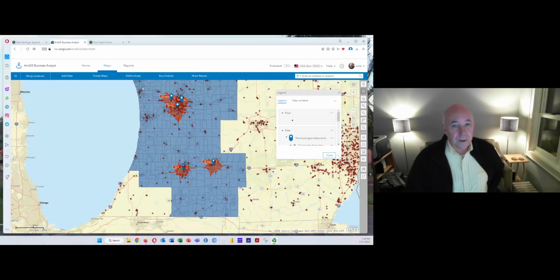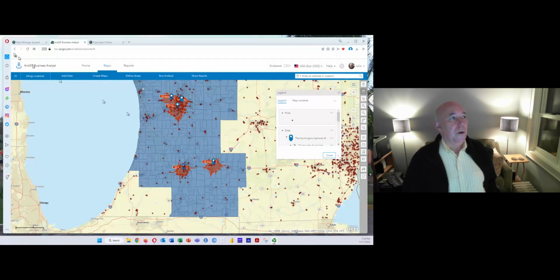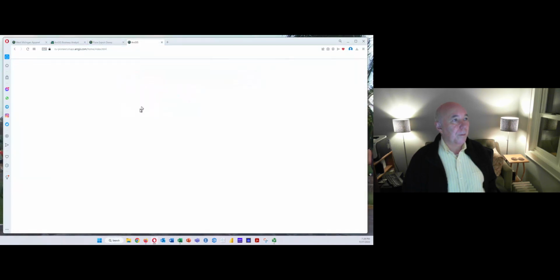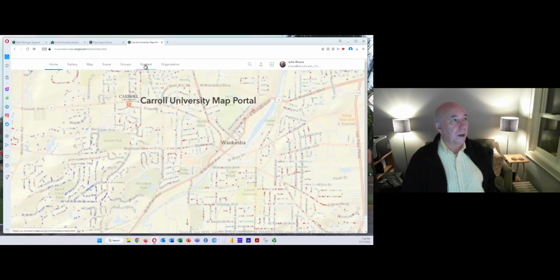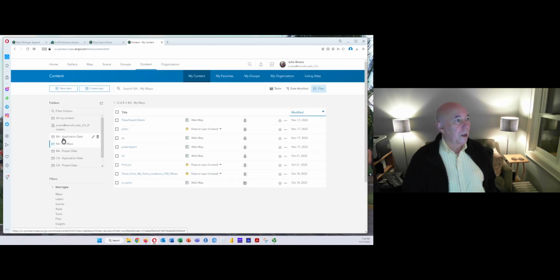Your competitor analysis is the next piece in this. And so if you open a new window in ArcGIS Online and go to your content and go to your BA application where you exported